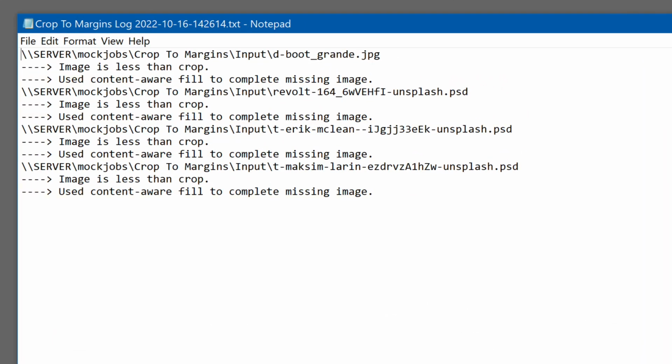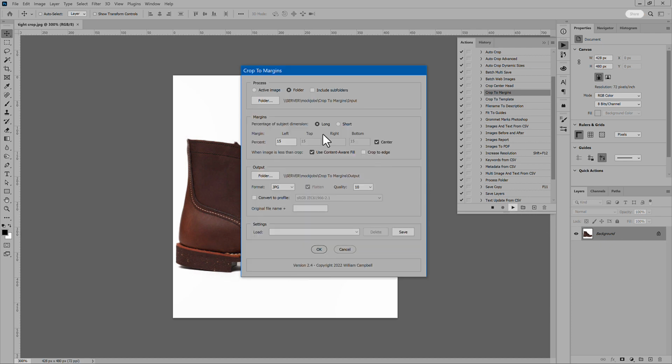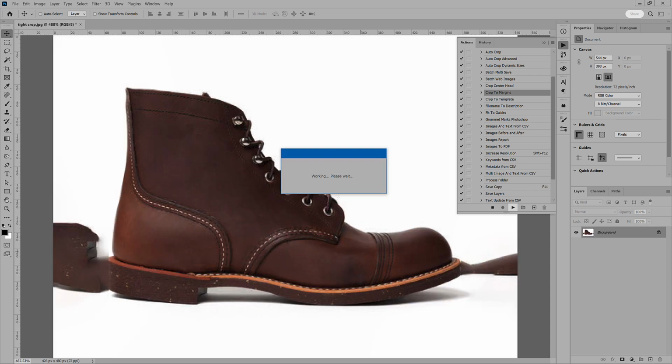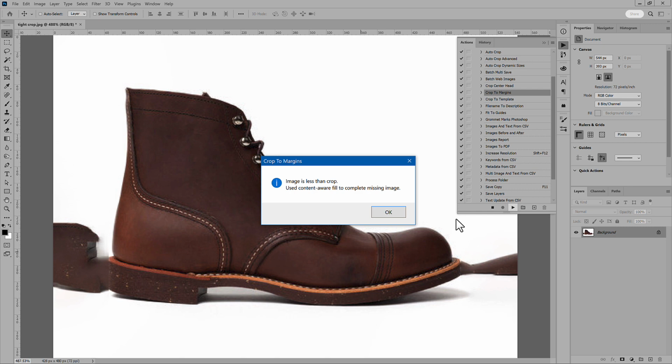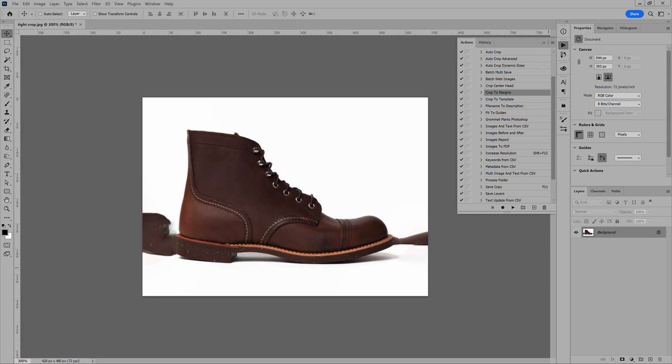And the log indicates Content-Aware Fill was used. That works in most cases, but not always. Take this image, for example. I've made a copy and cropped it tightly. I'll run the script again, this time on the active image. The result is no good. It's not the script to blame. Rather, Photoshop can only guess so well with so little background to draw from. The subject is part of what's used to add image. So keep in mind, content-aware fill isn't a good choice for images with little existing background.